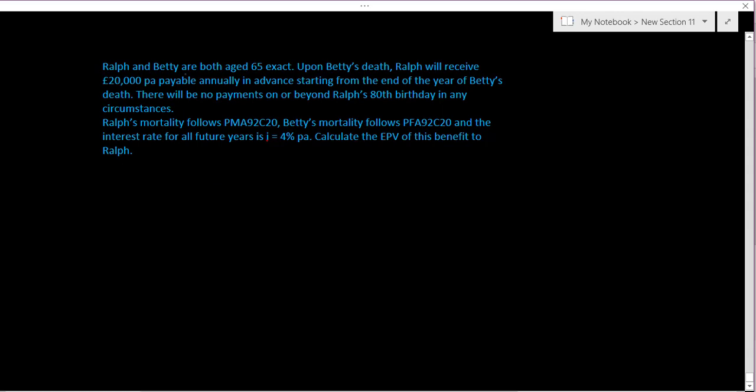Okay, so Ralph and Betty are both aged 65 each, exact. Upon Betty's death, Ralph will receive 20,000 per annum payable annually in advance. So he'll receive 20,000, not payable continuously but annually in advance, upon Betty's death. So as soon as Betty dies,